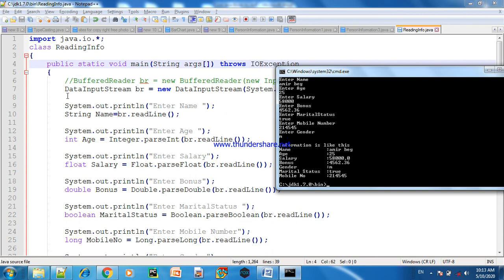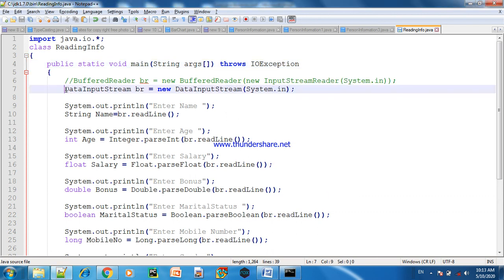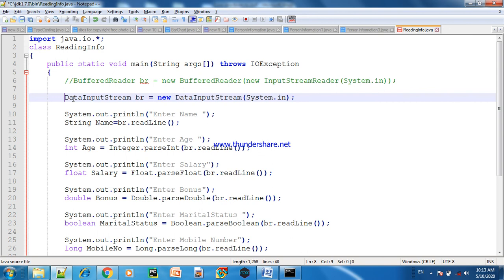So in this program I told you two methods by which we can read data. One is buffer reader, second is data input stream reader. Both these methods tell you how we can read data from the user with the help of the readline method and read method.